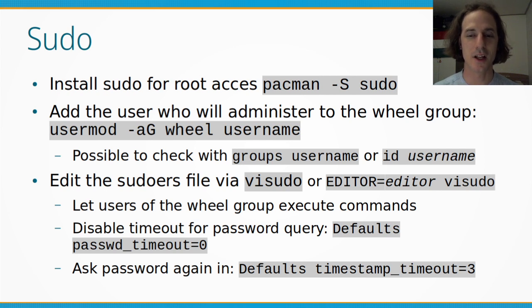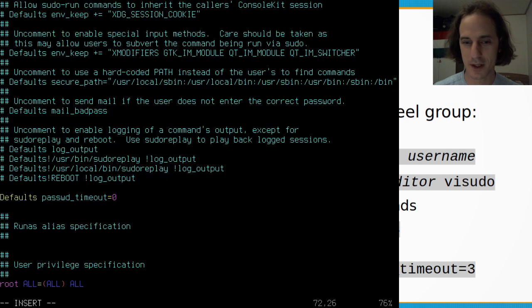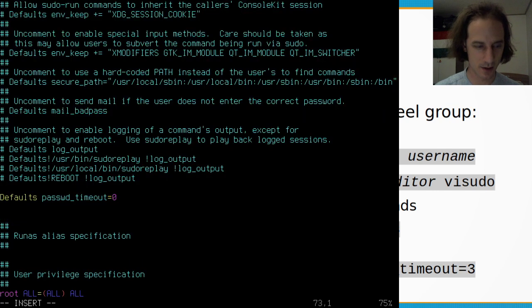In the first case, it will ask for a password, and after that the password will be valid for 3 minutes or 5 minutes or whatever you set up, and after that you have to type in your password again and again. So this is kind of more important for security, so let's do that by adding another line called defaults